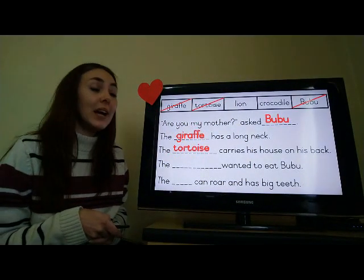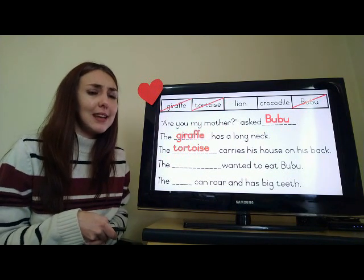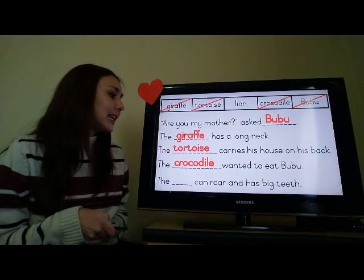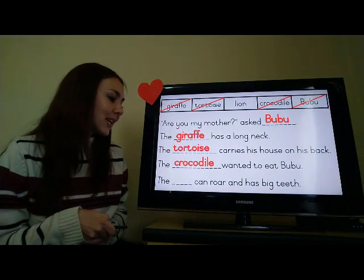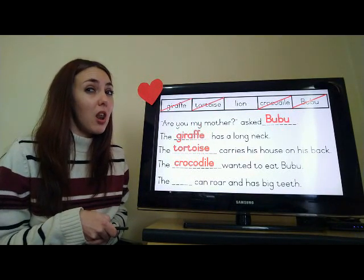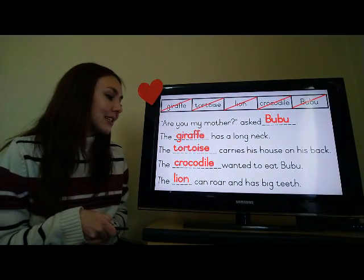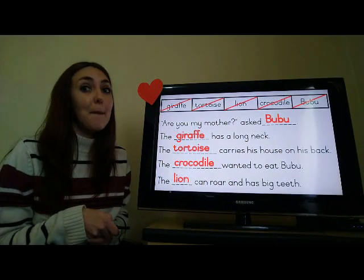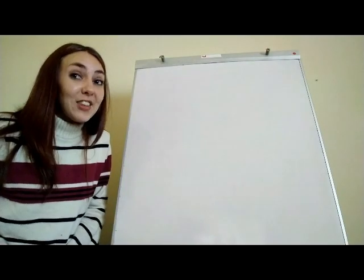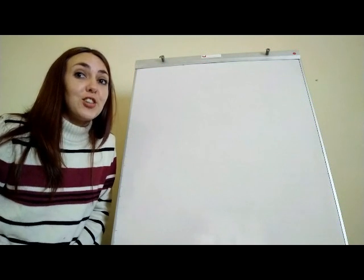The ___ wanted to eat Bubu. Who wanted to eat Bubu? Was it lion or was it crocodile? It was definitely crocodile. So the last word will obviously fit into the last sentence. So let's look at it. The lion can roar and has big teeth. Well done, guys. Right, now that we are done with some language business, let's move on to the phonics sound